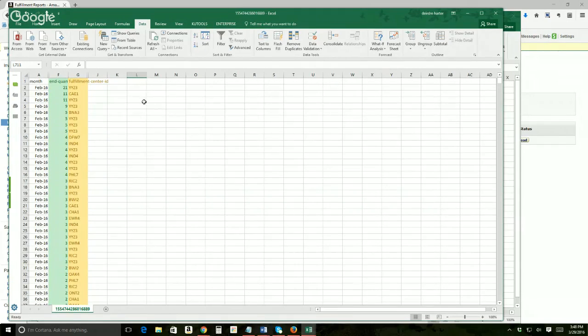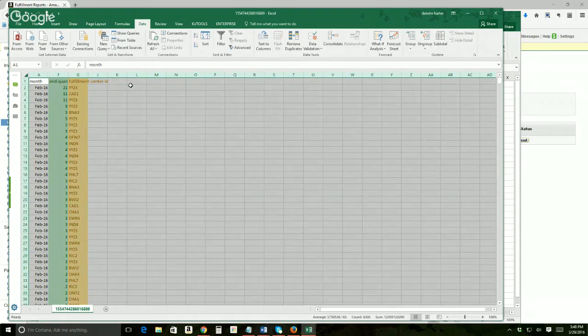Okay, so now we're going to take all this information. We are down to only what units we have in inventory, how many and where. So now we're going to sort this a second time. This is another reason I deleted the zeros, because if you don't delete them, they're going to kind of mess up your second sort. Okay, so we're going to select everything again, and this time I'm sorting by fulfillment center, which